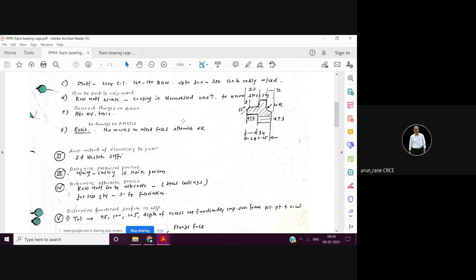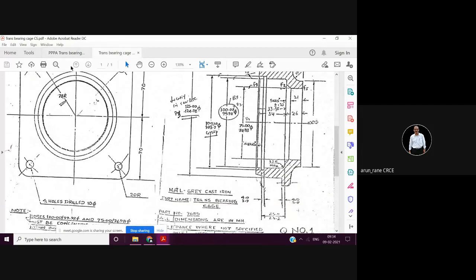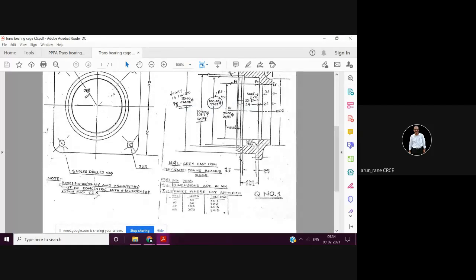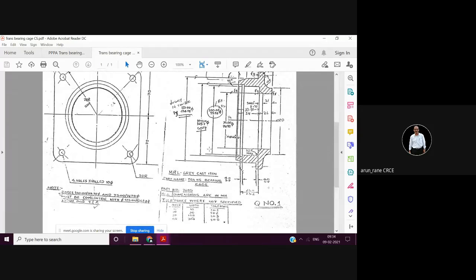So you have to get this data from the drawing. You have to carefully study the drawing and look whether any instructions are given. Like here it is simply written gray cast iron. Usually in casting the stresses are developed, so you have to always normalize to remove the stresses.